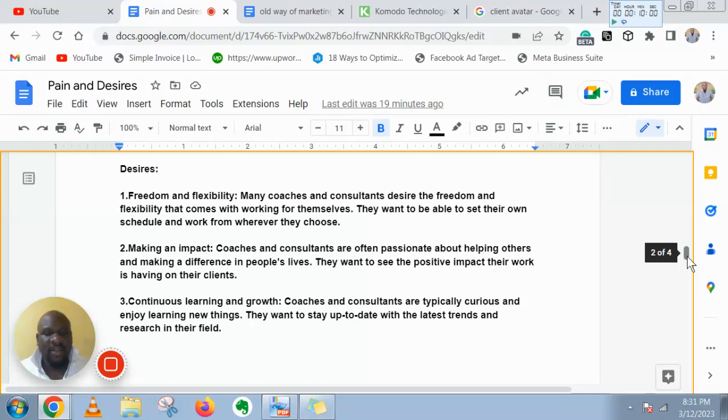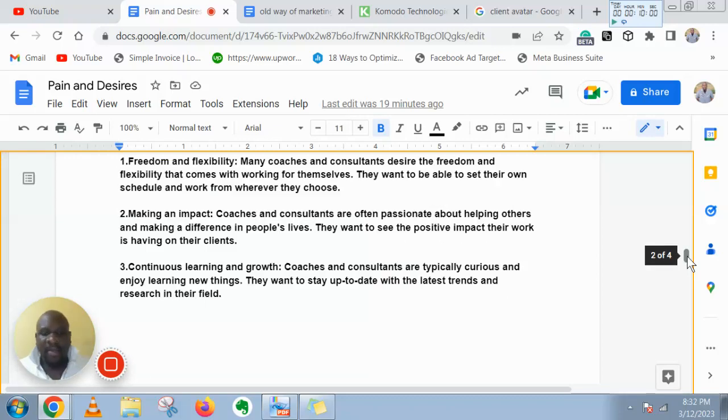Two, making an impact. Coaches and consultants are often passionate about helping others and making a difference in people's lives. They want to see the positive impact their work is having on their clients. Now, this one is really powerful because for you to be a coach or a consultant, you have to have these transformational conversations with individuals, and that's something I'm understanding and respecting about coaches or the entire niche where they want to help persons. I follow a lot of inspirational coaches or manifestation coaches or even health coaches, and this right here is one of the most amazing things where